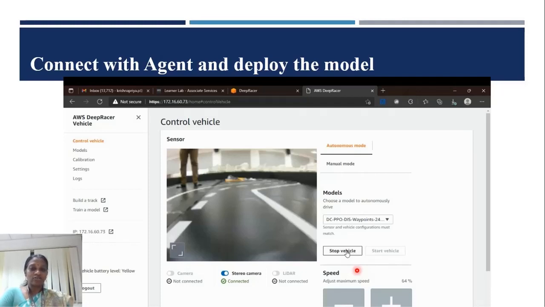The speed is of the essence in all of this. The speed will tell you how your model will run on a physical track. And on an agent we have different kinds of sensors, and those sensors are shown over here. If you are connected with a single camera, this can be enabled. This model is tested with the stereo camera, so this button is enabled. If you are using LiDAR, then you can go with this particular option. For LiDAR alone, you have to enable this button. For the other two, once the sensor is installed, it is automatically available for use.